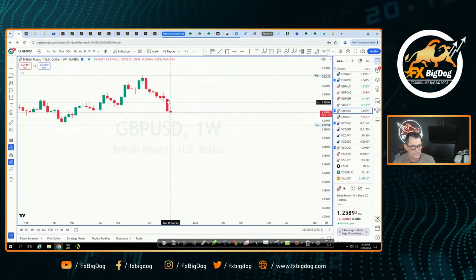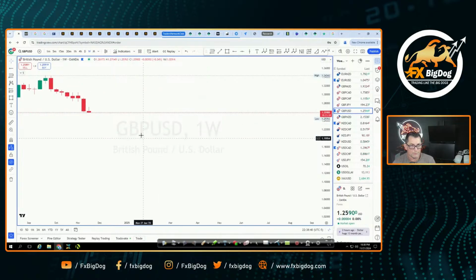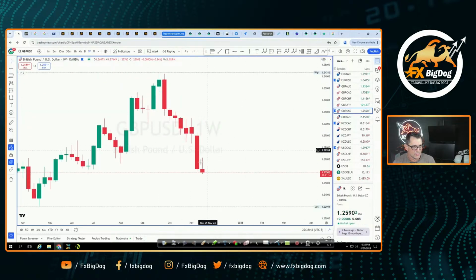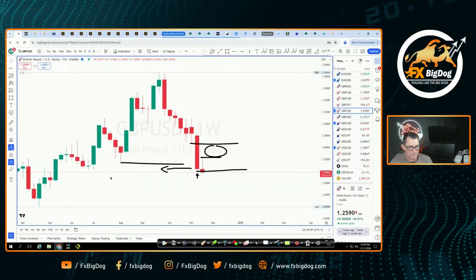Notice how the weekly has started to stall a little bit right here. And so at the end of this week, before I even see the monthly time frame, I'm looking at this weekly time frame right here. And I'm saying, hey, this is a big bullish candle right here. And so there's a little bit of inefficiency sitting over here. And so if this candle stops or at least closes above that previous high, I then look to the left side here and I go, hey, we took out liquidity there and we've taken out liquidity here. So there's good reasons why price wants to go back up. Why would it go up?